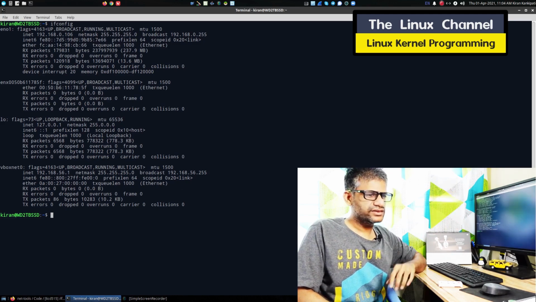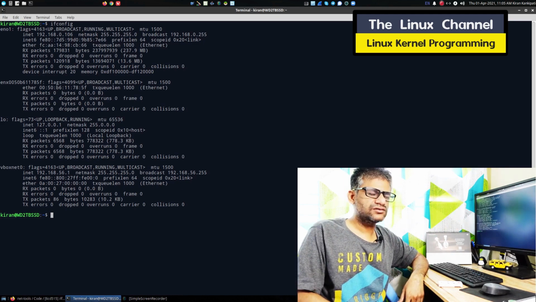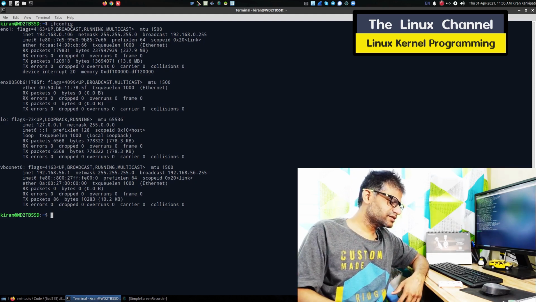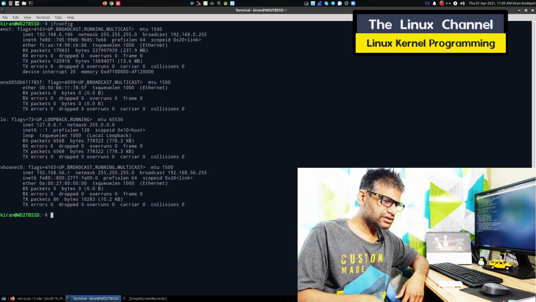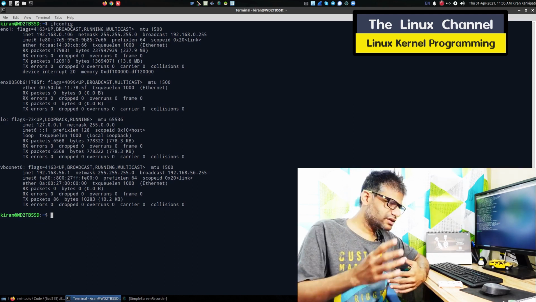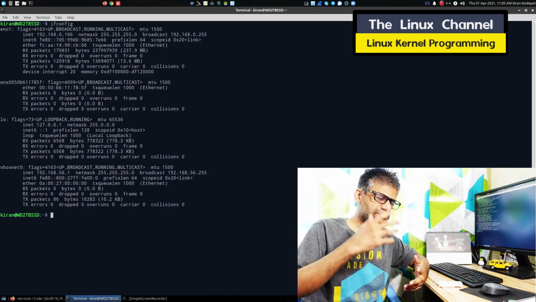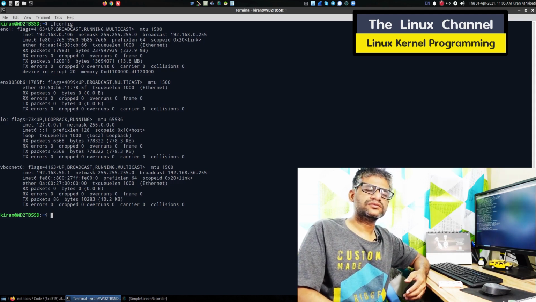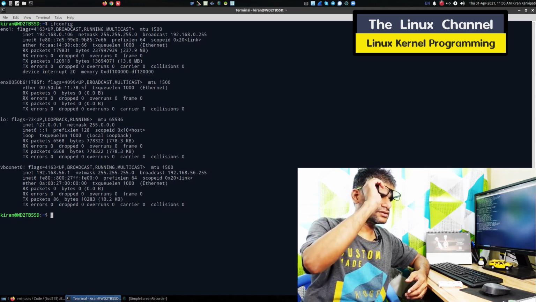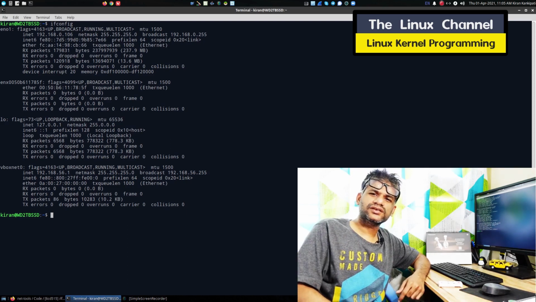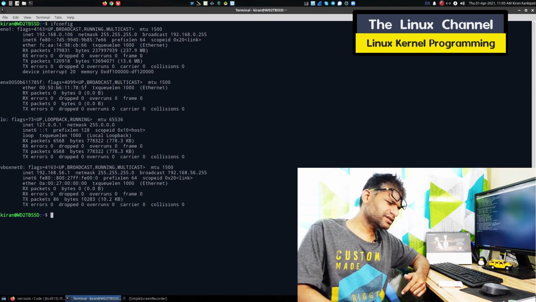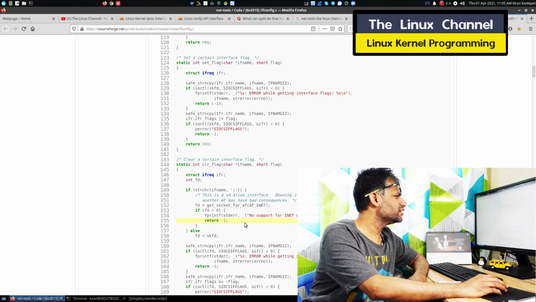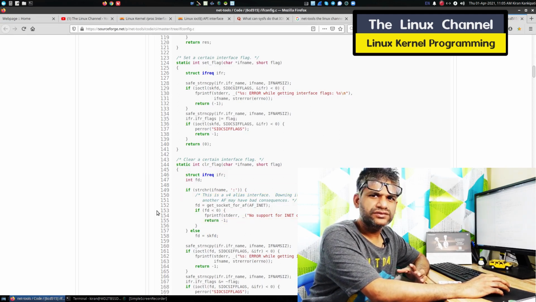So this is where our kernel plays a part, because the Linux kernel as well as the FreeBSD kernel are monolithic kernels. Hence whatever happens in the kernel space happens only in the kernel space. Most of the time, as far as system services are considered, it always happens in the kernel space. Hence you get something like this. So you will find it like this in the ifconfig source.